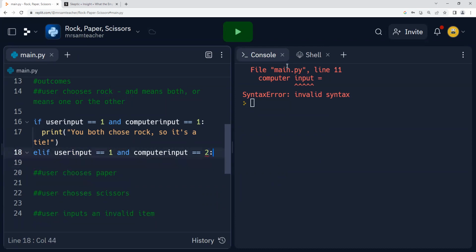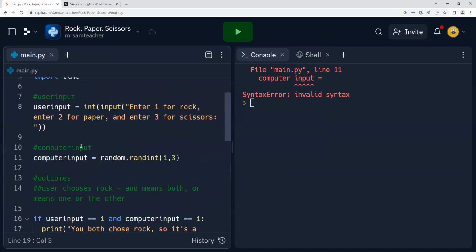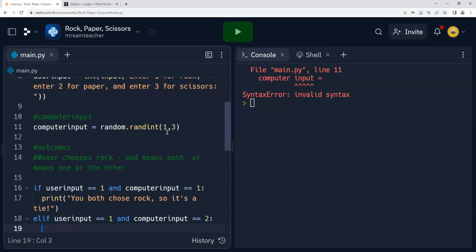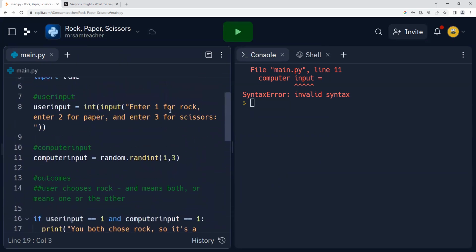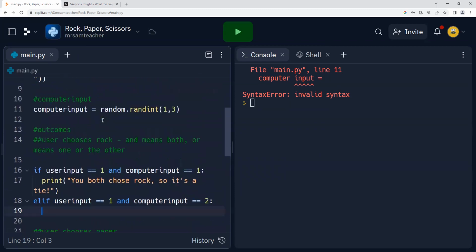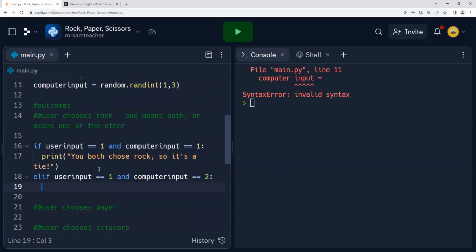So you want to have a colon so it automatically indents. User picks 1, which is rock, computer puts 2, that is paper. Paper covers rock, so the computer will win.